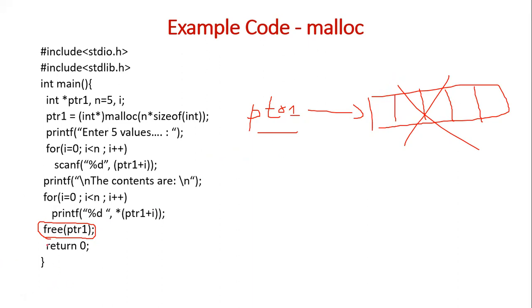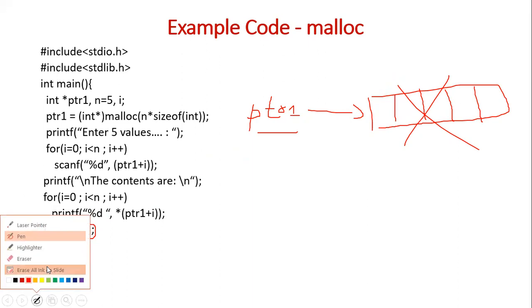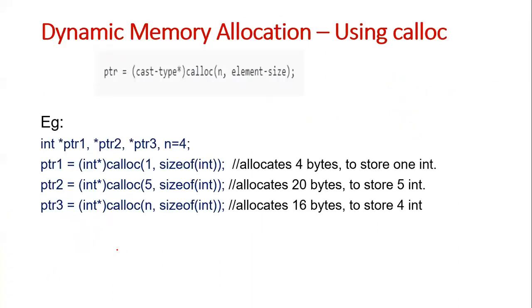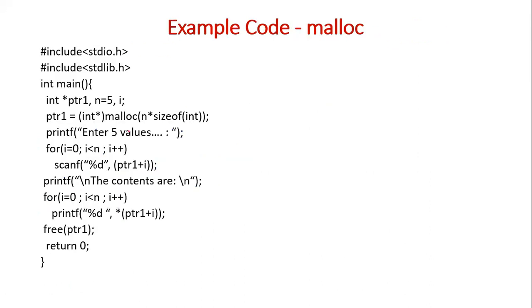Okay. So this is how we free the memory allocated. The next thing we are going to discuss is how to dynamically allocate memory using calloc. C basically provides two functions for dynamically allocating memory. One is malloc, the other one is calloc. So what's the difference between malloc and calloc, you may ask. The difference is that malloc will allocate memory,